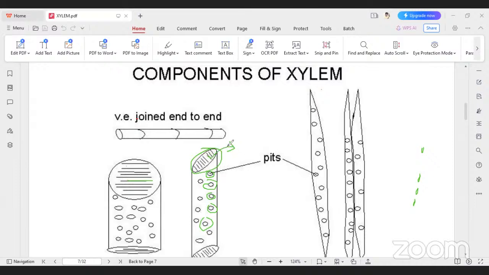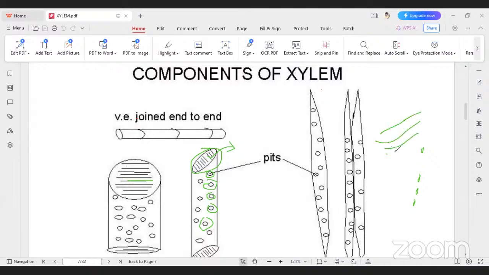The perforation plate is present. This is one vessel, and above it another vessel, and above it another vessel, like this. And in the tracheids, the same pits are present, but there is no perforation plate. The tracheids are arranged parallel, but not one above the other. Actually, this arrangement